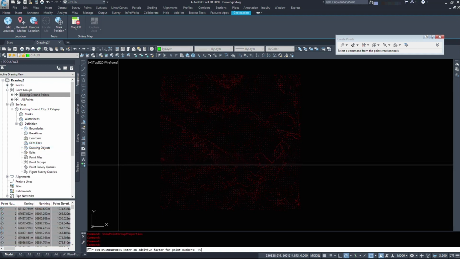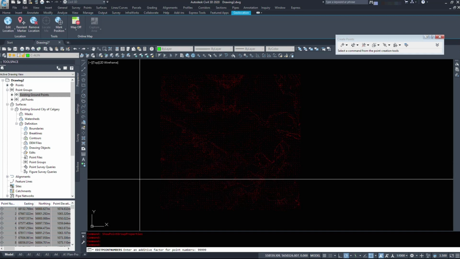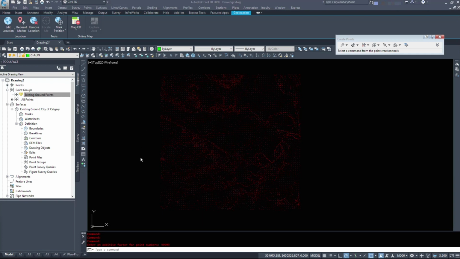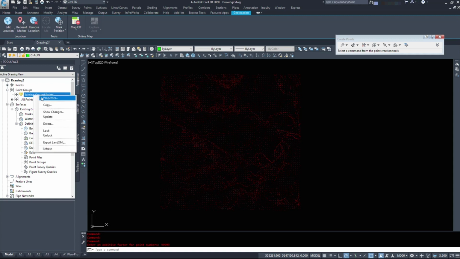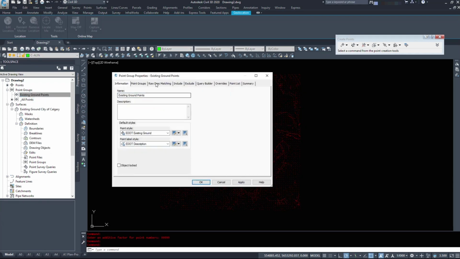I'm going to add 99,999 to these points. So my very first one is 100,000. So I'll hit enter. Give Civil 3D a second to update here. And after about a minute, my point numbers have updated. My existing ground points is now out of date. And if I update it, there are no points in this point group anymore because they no longer match the